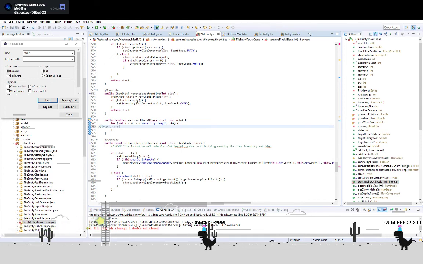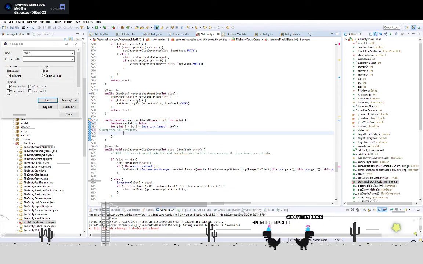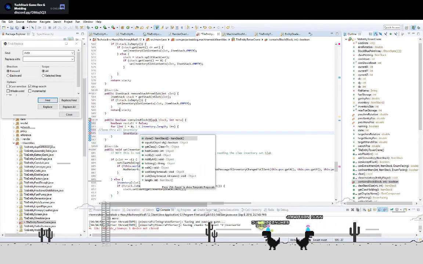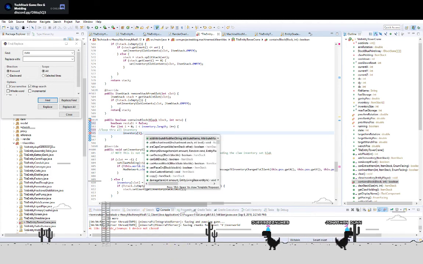Loop through all inventory. Say result. Boolean result equals false by default. And we're going to check each inventory item. So inventory dot, or I guess it is, get